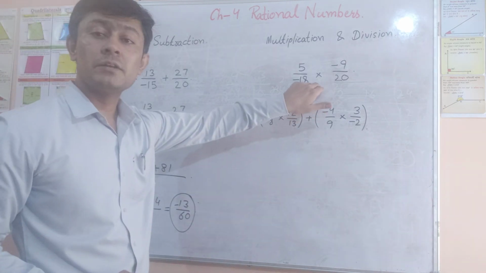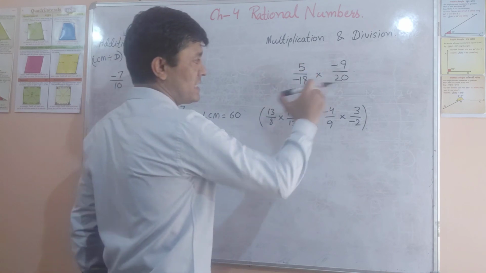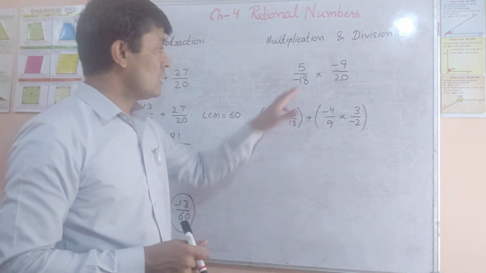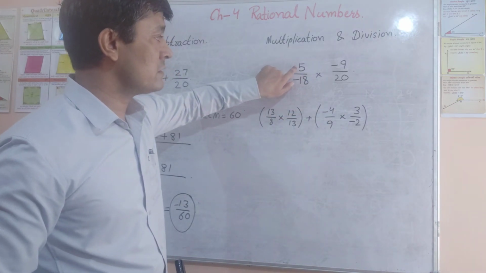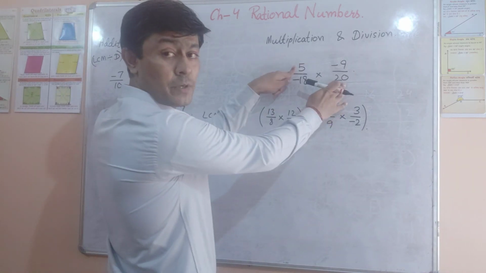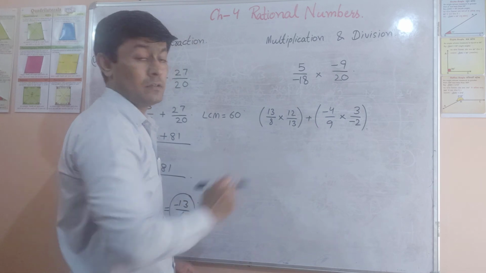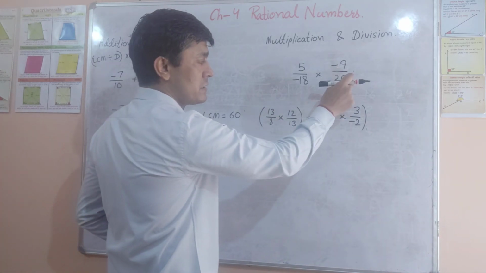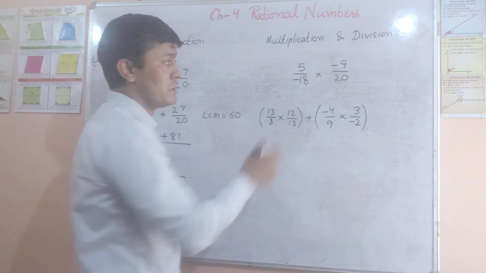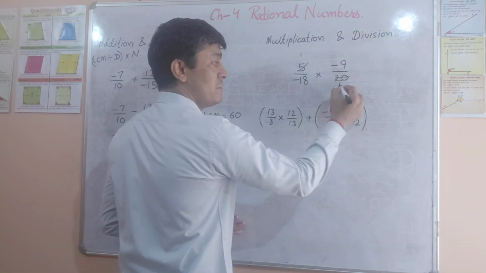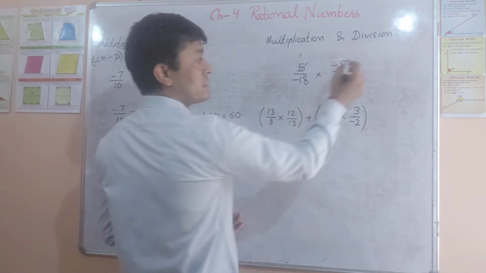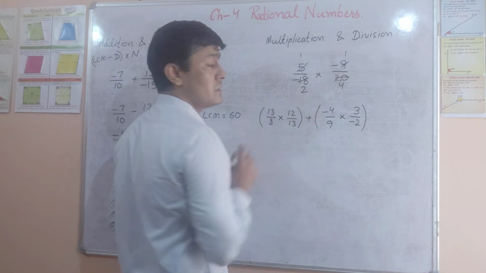And the next one is the multiplication. Achha, in case of multiplication, the numerator and denominator can be cancelled out. See, numerator is 5 here, it cannot be cancelled out with 18. But here, 5 and 20, one is the numerator, one is the denominator, and both of these can be cancelled out by using the same table. So, 5 ones are, here 5 4s are. 9 and 18, can they be cut with the same table? Yes, table of 9. 9 ones are, here 9 2s are.